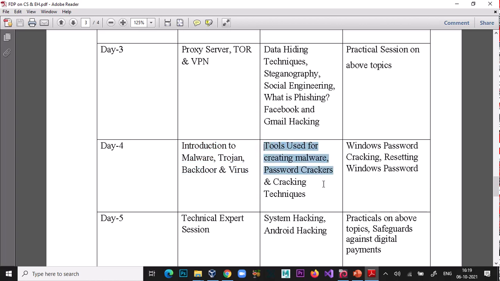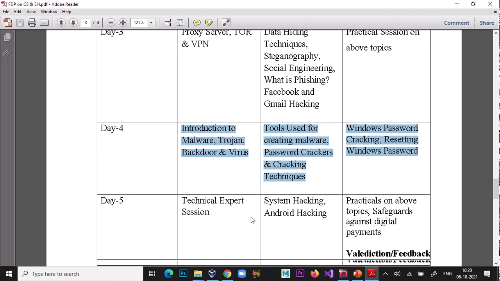Then in session two, which is a practical session, we will create a malware and deploy it to an operating system and take access of that system by creating a simple malware. And in session three, we will reset or crack the Windows password. Okay, so this is the agenda for tomorrow.